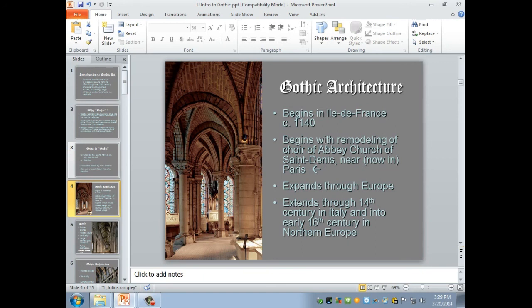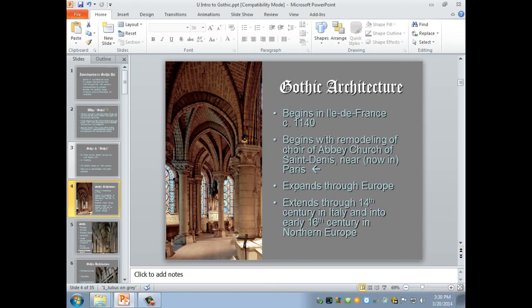Depending on the location, Gothic style lasts through the 14th century in Italy, where Italian Gothic usually has more walls than Northern European Gothic, and smaller windows, actually. And you can kind of understand that in a very hot climate, you might not want giant windows. Heat you up. And they also love to do fresco cycles in Italy, so you have to have walls for those. So the Gothic really begins in France and is not as popular. It doesn't last as long in Italy.